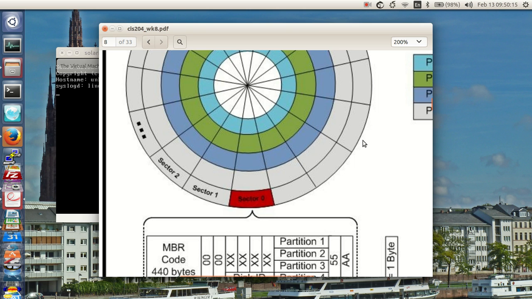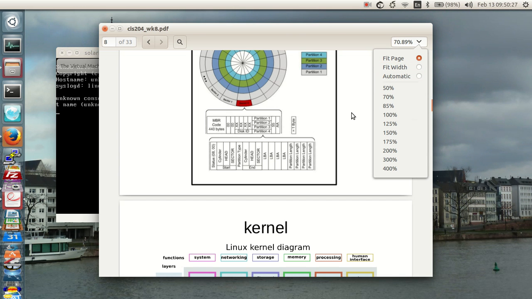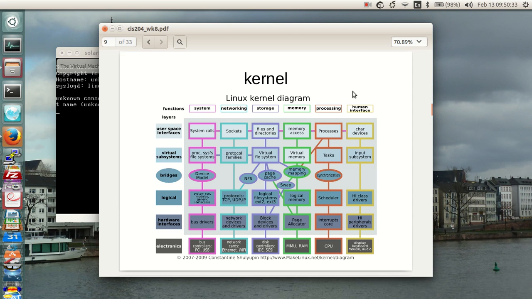Makes it easy. The hardware knows where sector 0 is on that hard drive. Sector 0 contains the information needed to get you to the kernel. So that's what's going on there. Let's go on to the next slide.